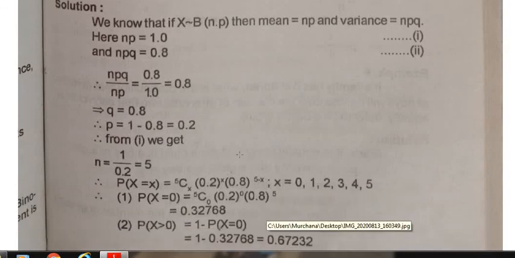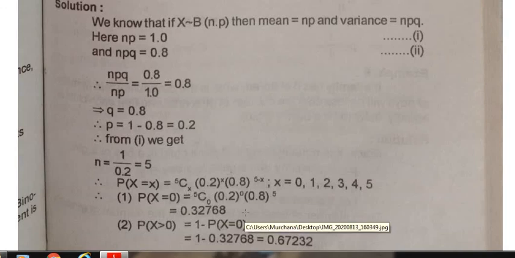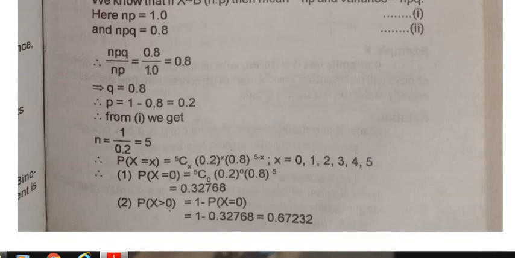And you can easily find the values of P(x equals 0) and P(x greater than 0). For P(x equals 0), you just put the value of x as 0, and n is 5. And P(x greater than 0) will be 1 minus P(x equals 0). We have already found the value of P(x equals 0), and this will be